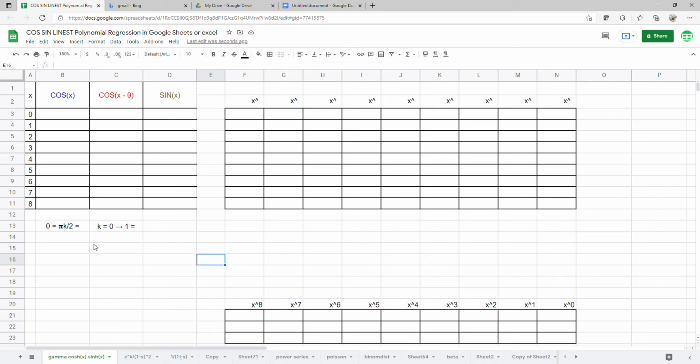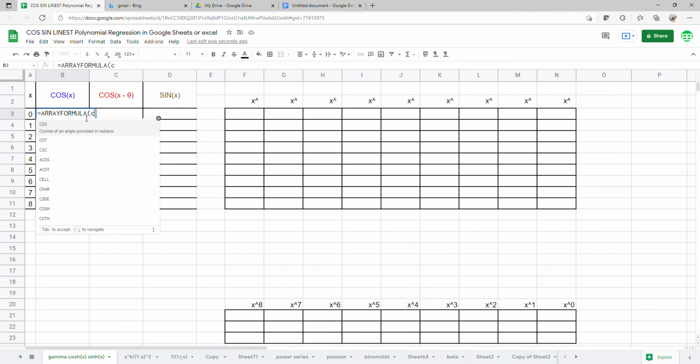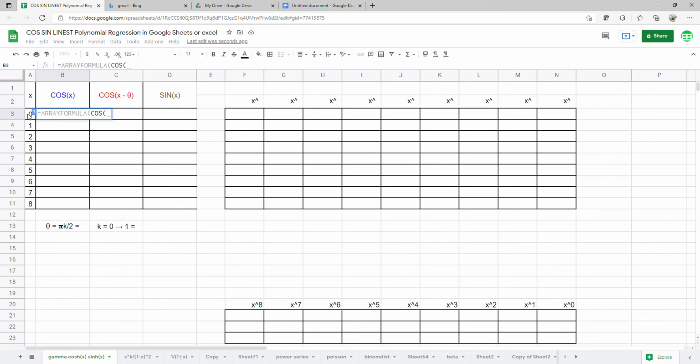In this video, we will move cosine x minus theta from cosine x to sine x. We begin with the dataset of cosine x. So array formula, cosine of the x values 0 to 8. And the cosine of x minus theta is equal to array formula, cosine of the x values minus theta,